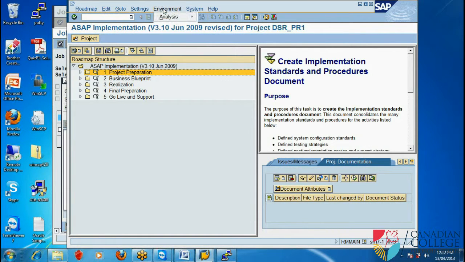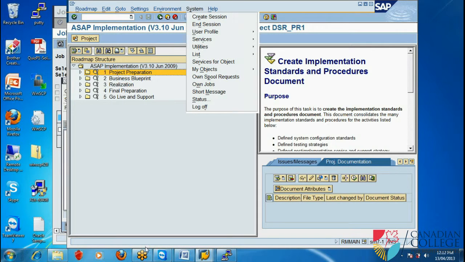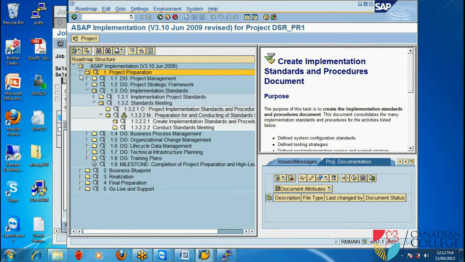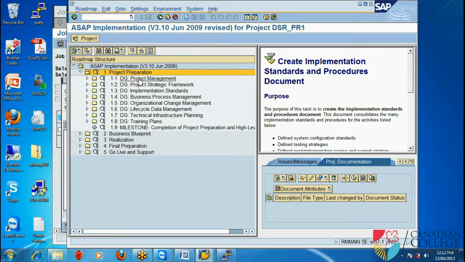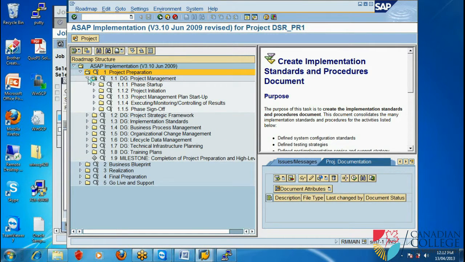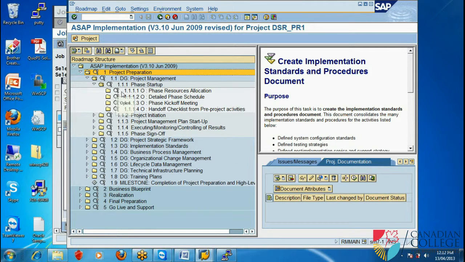They had graphical also. Okay. So under project preparation, see all the steps you can define here. These are the steps under project preparation. So under each one of them, there are a lot. See, phase resource allocation, detailed phase schedule, phase kickoff,